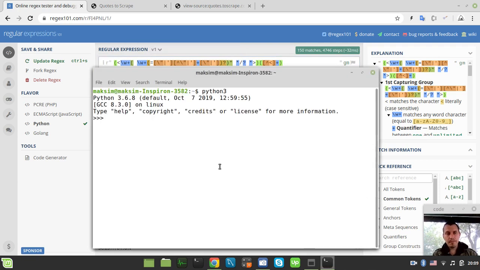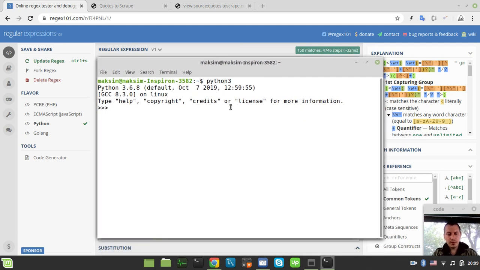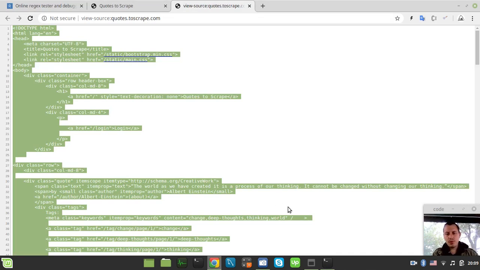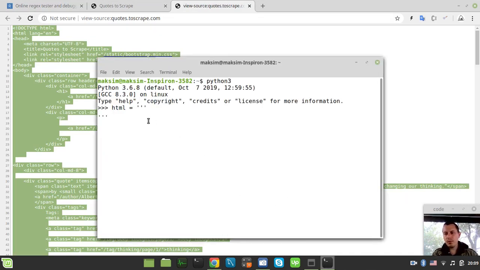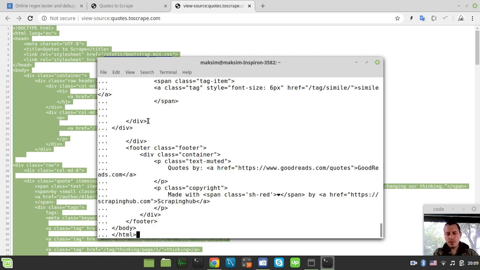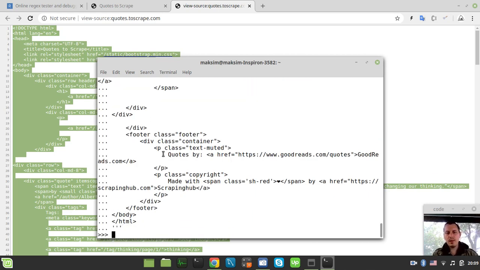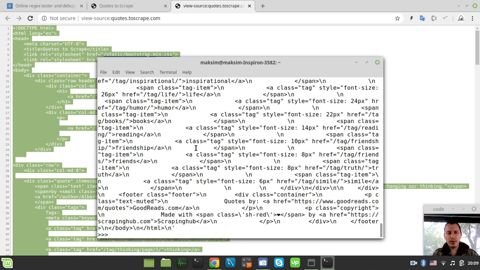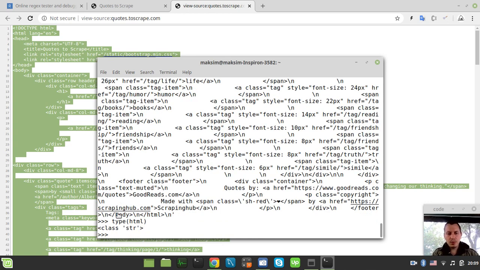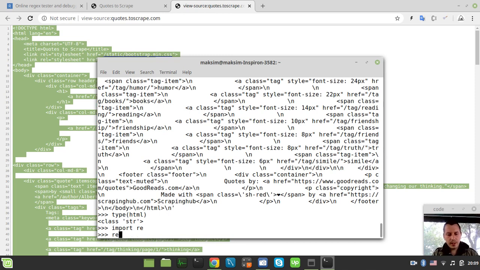So now let's go back to our Python interpreter. First I want to create the HTML variable. I'm using the multi-line notation here, so let me grab this source code again. Obviously I could have done this using the requests library or urllib, but just to keep things simple, I would simply paste this in, and now we inspect our HTML element. We got this string, so to make sure it's a string, let's say type of HTML, so we have this class str. And now we also need to import regular expressions,